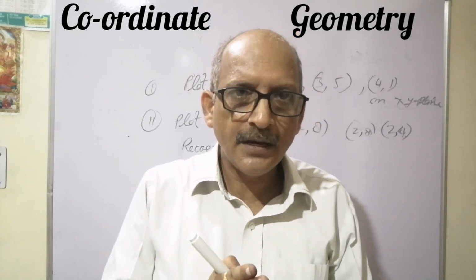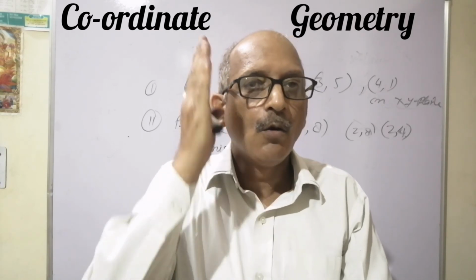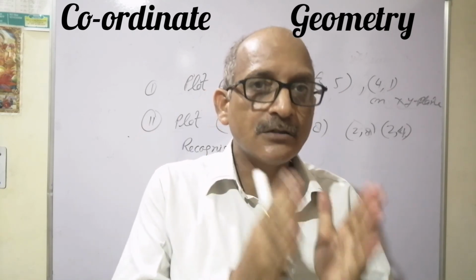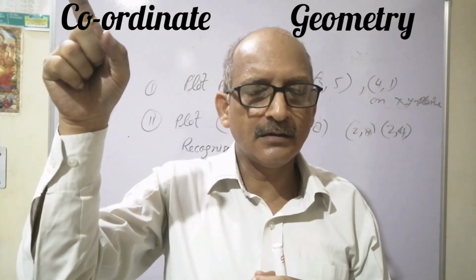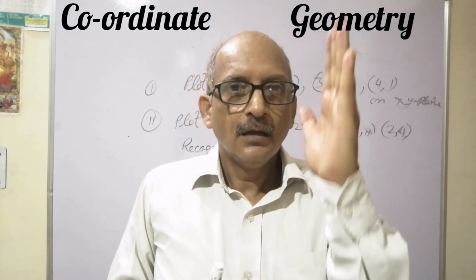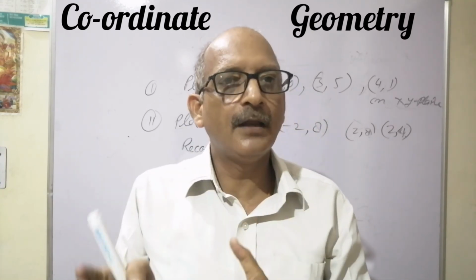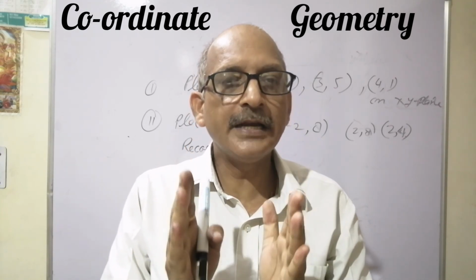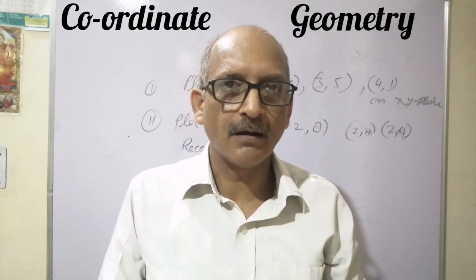What is a coordinate plane? When a plane is divided into 4 parts by 2 mutually perpendicular lines, one vertical, another horizontal, it is known as the Cartesian plane. Each part is known as a quadrant. We start counting the quadrants from the top right, in the anti-clockwise direction: first, second, third, fourth. Next, for the coordinate of a point we first write the x value, then the y value. Always we write x first and then y. It is also known as an ordered pair. Ordered pair means a fixed pair, a correct pair.